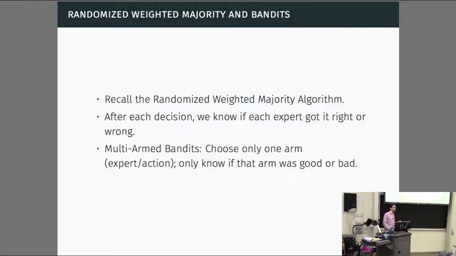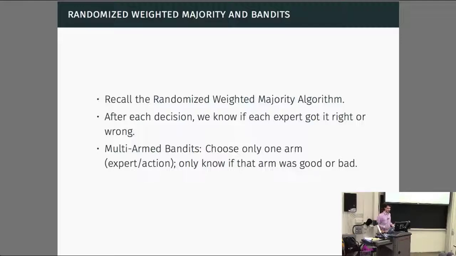So why is it called a multi-arm bandit? I guess an old name for a slot machine is a one-arm bandit because it has an arm that you pull, and it's a bandit because it steals your money. So a multi-arm bandit is basically, imagine you have a slot machine with many arms, and different arms have different probabilities of giving you a good outcome. But the name implies all outcomes are bad, at least in the slot machine setting, because it's always going to steal your money. But in other settings, hopefully there's a good arm out there, and we try to find that arm, right? I think in the traditional multi-arm bandit, if you're in a casino, the best move is to not play. So the best arm is no arm. But in other settings, that wouldn't be the case.